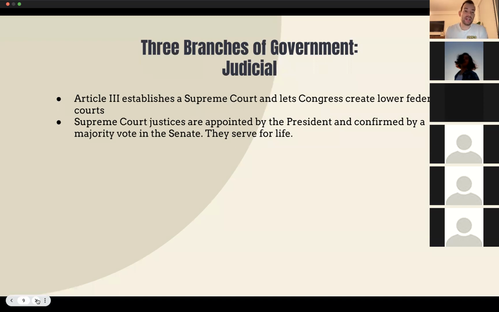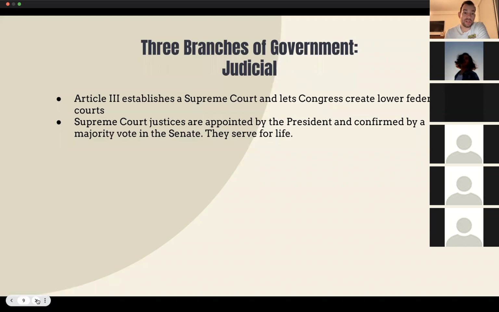There is currently a vacancy that's about to happen on the Supreme Court. Justice Stephen Breyer is retiring, and so President Biden is going to be able to appoint the next person that will replace him on the Supreme Court. He doesn't just get to pick, though, without someone confirming that pick. The Senate gets to vote on that. And it's just a straight majority vote.